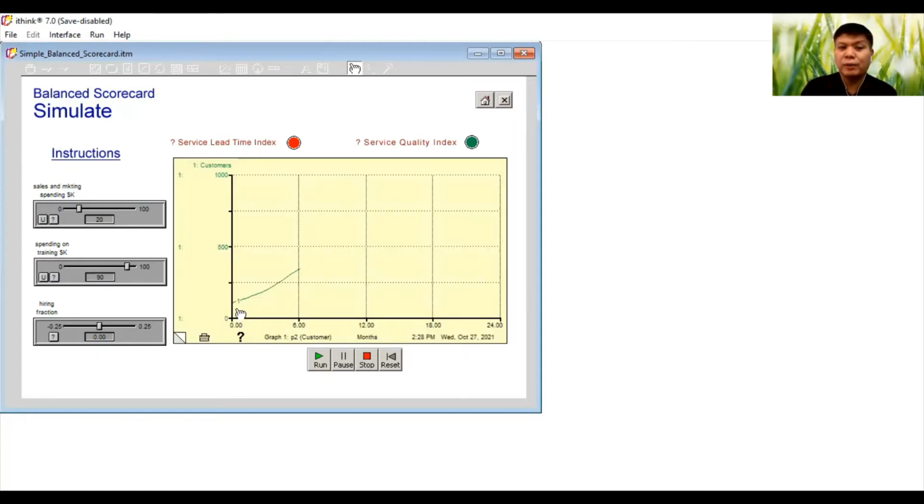Here, we have an increasing number of customers. It should be a good indicator. Okay, but this is still a good indicator. We are increasing the average knowledge level of our employees. But look here, the average lead time index is significantly going up on the third quarter. Okay, on the third quarter,